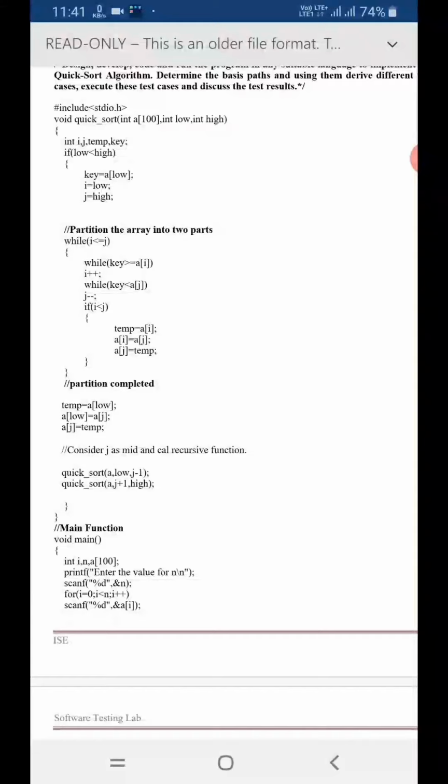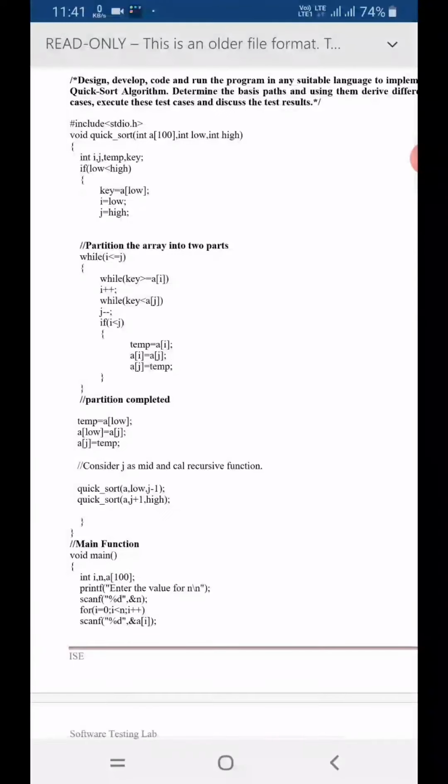So first I will try to find the right position for the pivot element. What exactly is the right position? The right position is where the number is actually in its original sorted position: the left part of the pivot element is less than the pivot number, and the right part of the pivot number is greater than the pivot number.